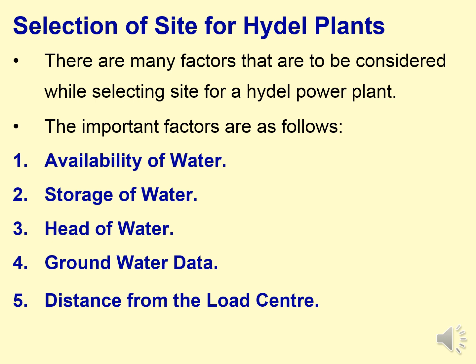Basically we require water, and storage capacity we need. It should be available at a certain head to have potential energy. Groundwater data means if water is stored, that should sustain for a longer period. It should not have a seepage or transmission problem so that it enters the underground and no water is there on the ground. Such groundwater loss we do not require. So it should be very near to the load center.